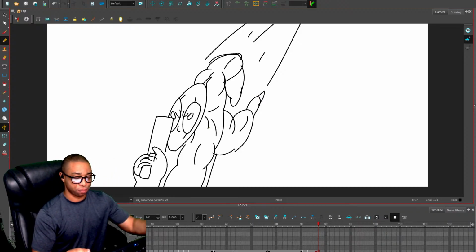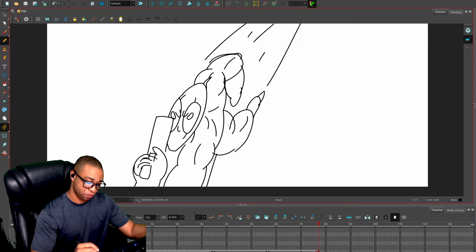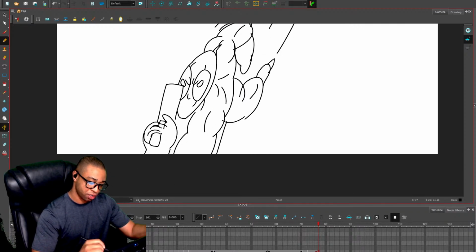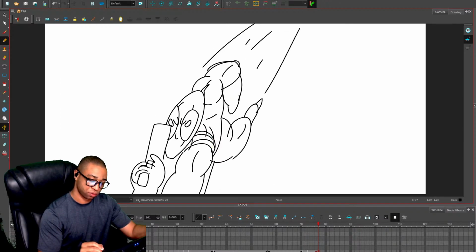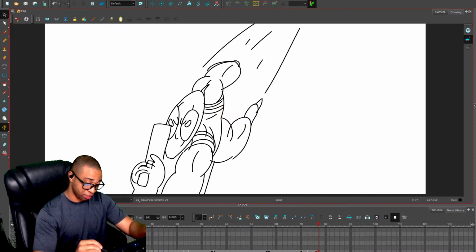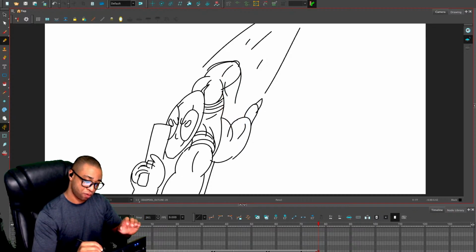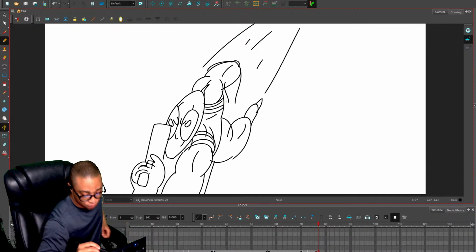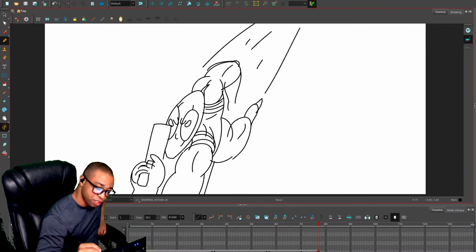I think I'm going to keep it pretty fluid like that. Just make sure I capture all the details though. Something like so. I don't like this hand. This hand looks like garbage. But it's going to be kind of like,